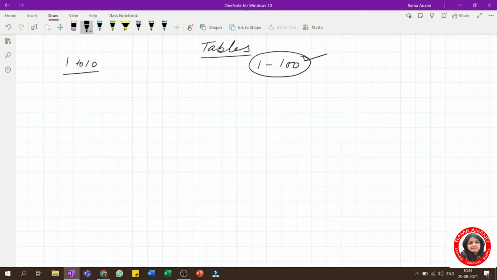I'm taking a number, suppose I'm taking 17, a two-digit number. So for this trick, you have to learn first the tables of 1 to 10 and then just understand the concept. This 7 is at the unit place and this 1 is at the tens place. Basically, what you have to do is write the table of 1 separately. Suppose I am writing here like this. Complete table of 1, you have to write in a separate column, and then you have to write the table of 7 here.